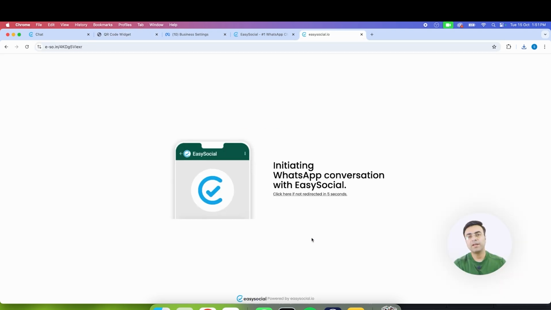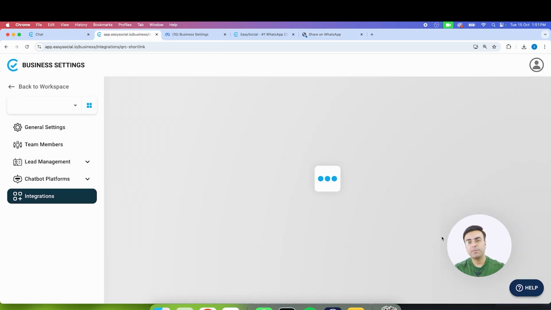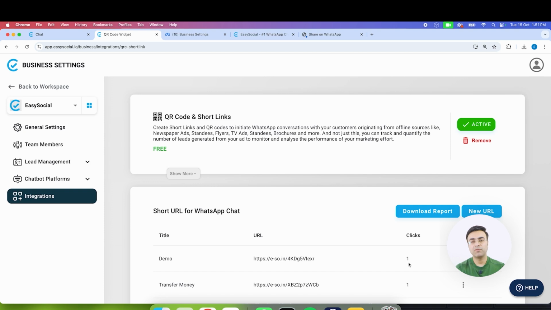So it's going to redirect me to this particular conversation. And if you can see here, the first pre-written message is called demo message. This is the text that we have written while creating this particular QR code. And if I reload this page, you will see that there was one click on this URL, and it's going